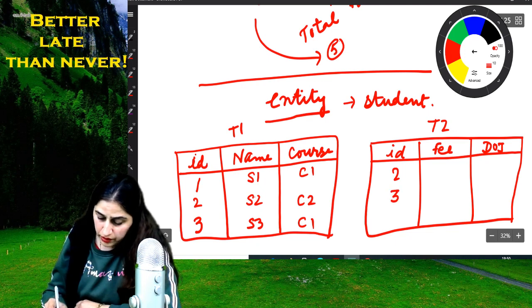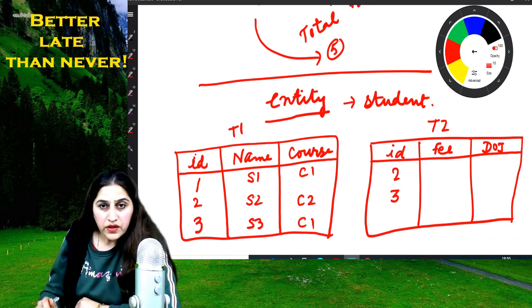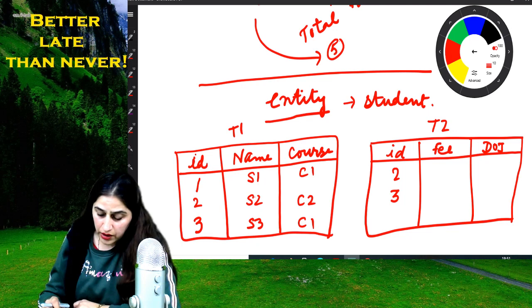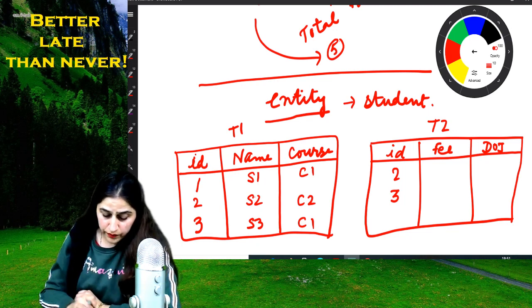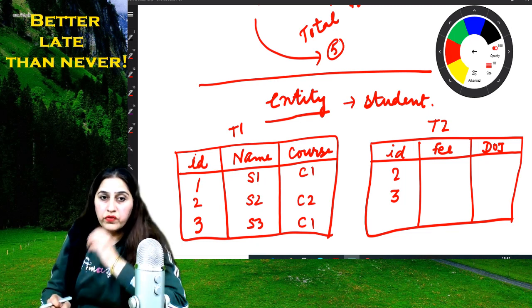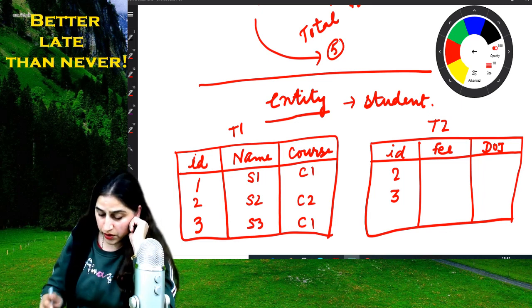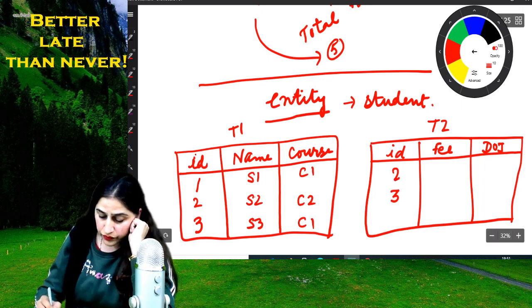I can feed the records in this table in any order. It will not create any problem because it has a field id which is common with this table, a common attribute which table T1 has. So I can write in random order.